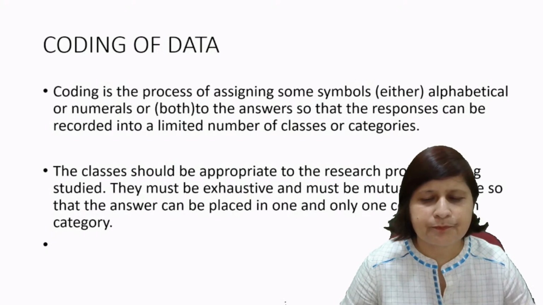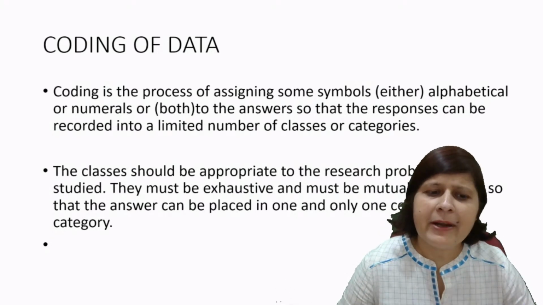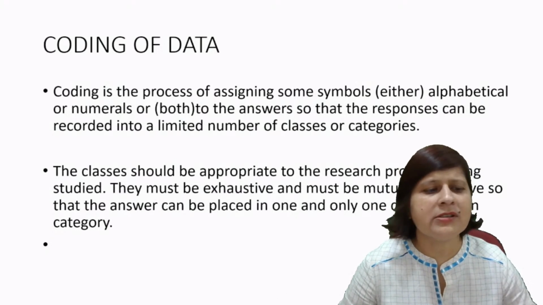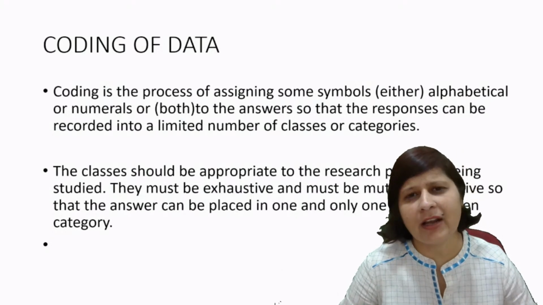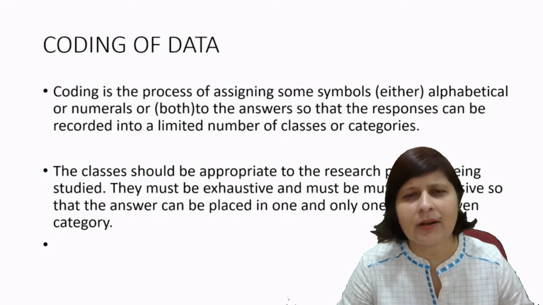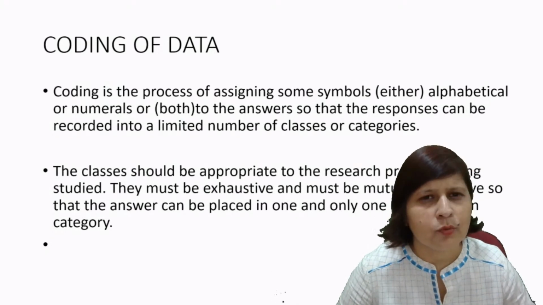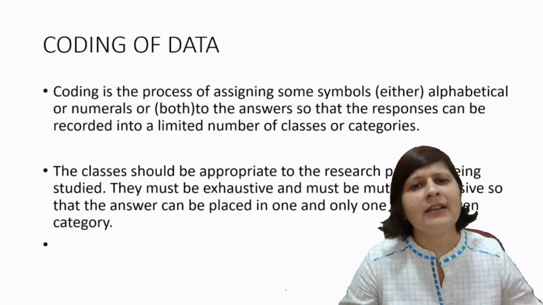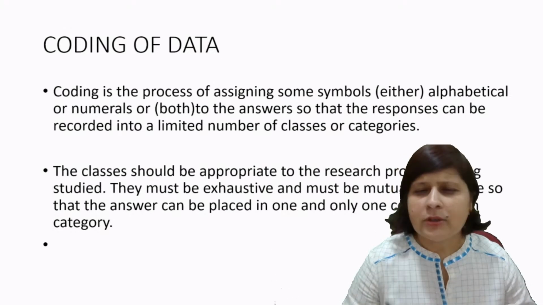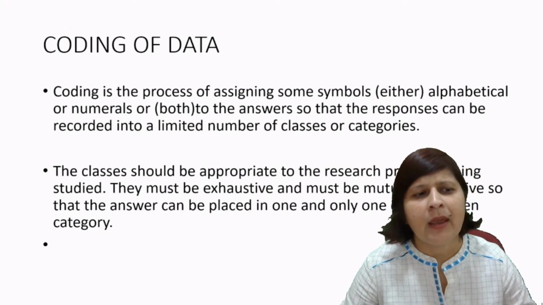What is coding of data? Coding is nothing but assigning the symbols. It could be alphabetical or numerical or both to the answers, so that responses can be recorded into a limited number of classes or categories. Suppose I have divided my sample into two classes or categories, male and female, and I have coded male as a 1 and female as a 2, or other genders as a 3, right? So there are three categories in which my data has been classified or divided,